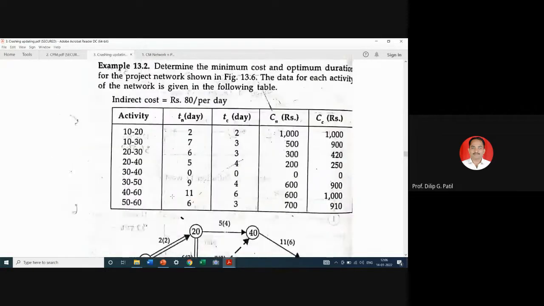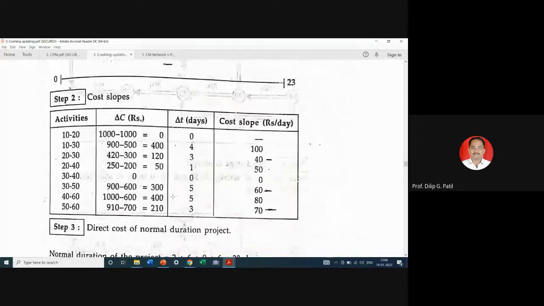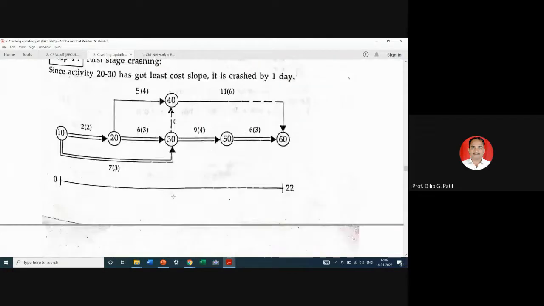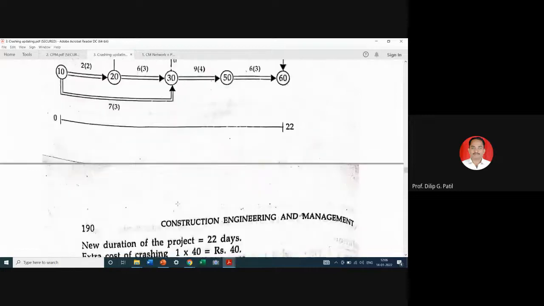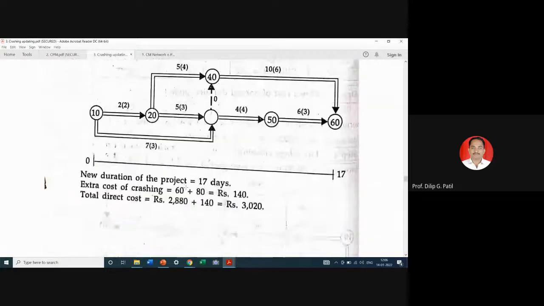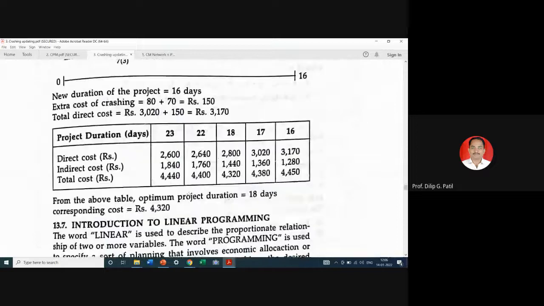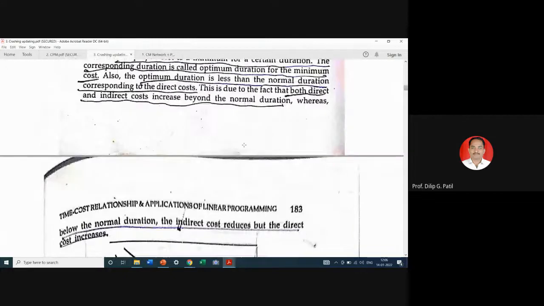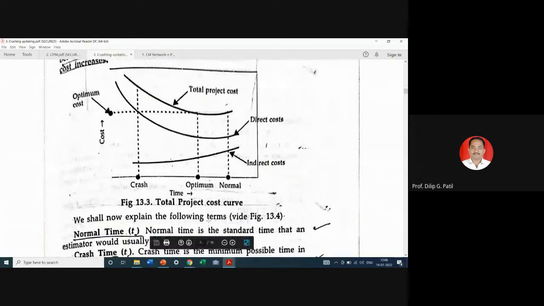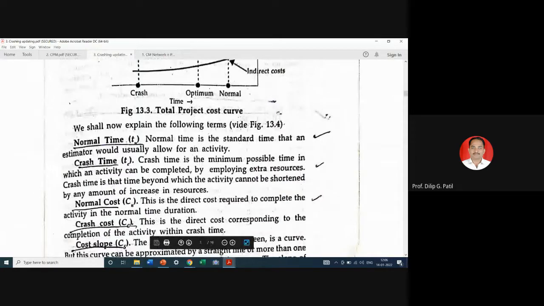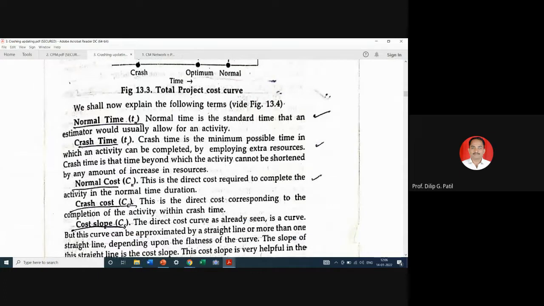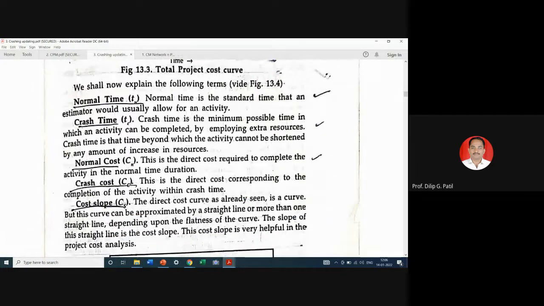We will see how to calculate or how to crash the network step by step by which duration, and what are the parameters and conditions that need to be considered while crashing the project network. So it is important to understand the relation between direct cost, indirect cost, and these terms: normal time, normal duration, normal cost, crash time, crash cost, cost slope. Depending on all these four terms, that is normal time, normal cost, crash time, crash cost, we can calculate